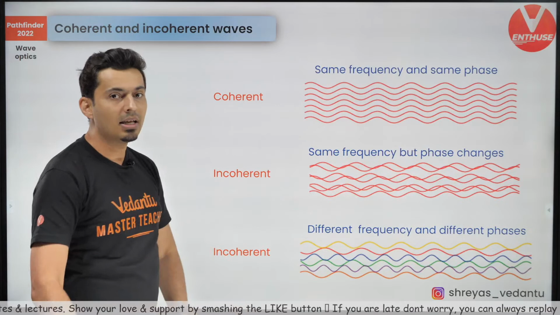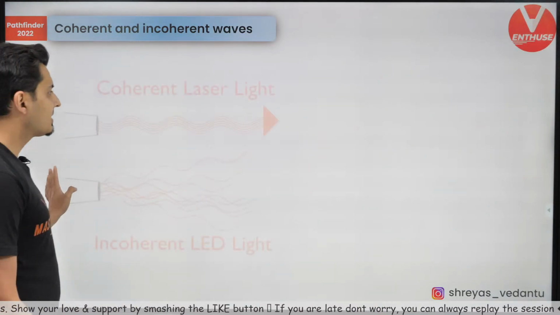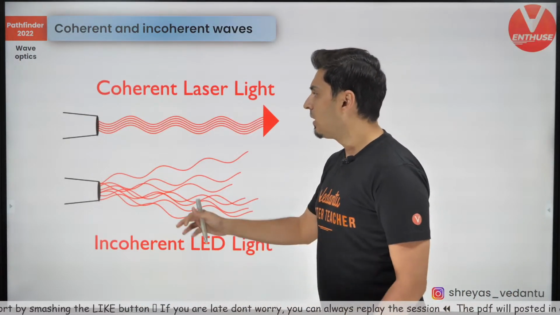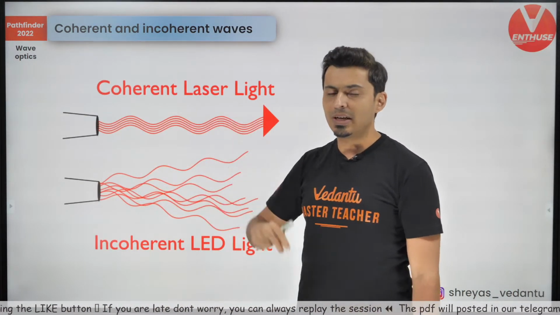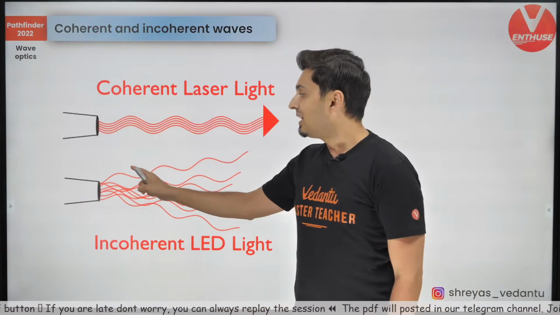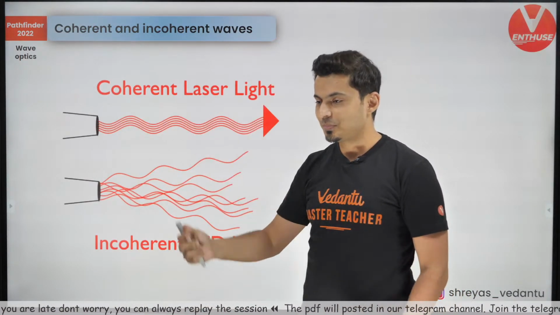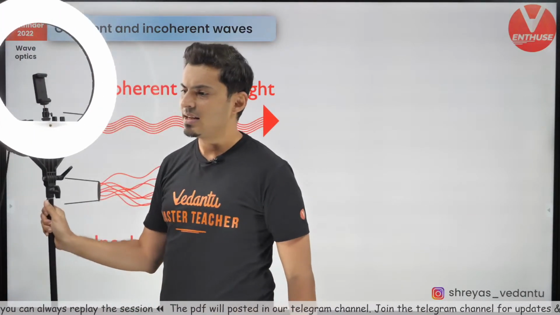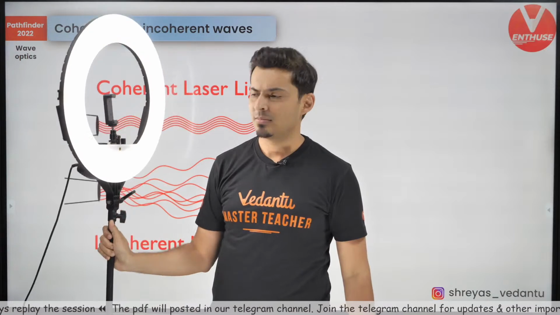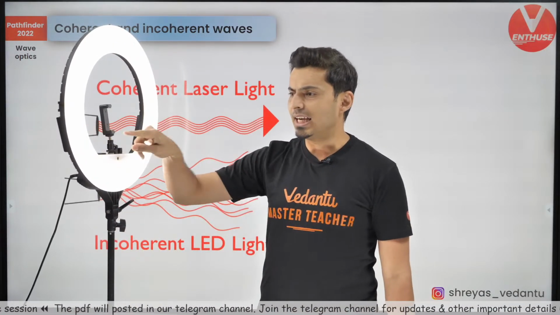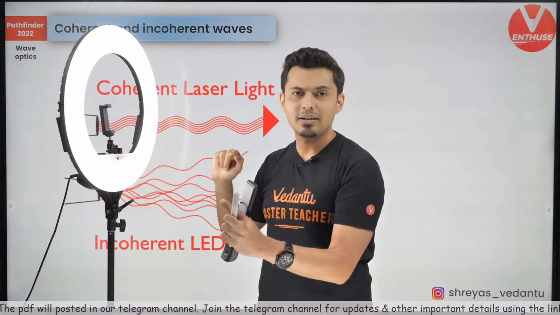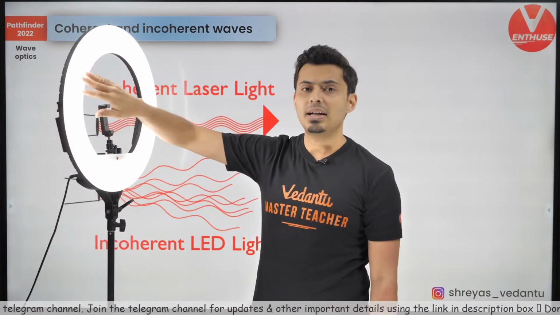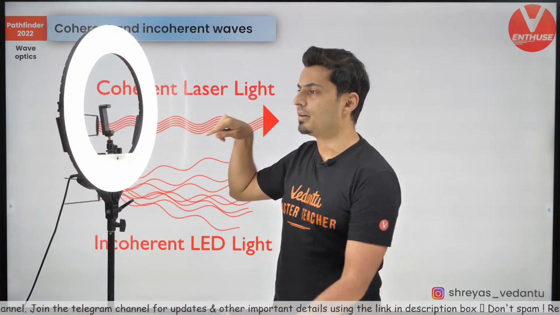So it's completely unpredictable. The best example of a coherent source of light is laser light, or we are going to see another way of getting coherent light. But the light that you usually see around you, like this one, is an incoherent source of light. You cannot expect the light coming from here and here to be in sync. No. Although it is the same light bulb, the light generated here and here will